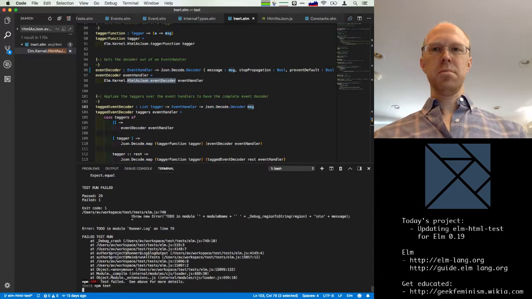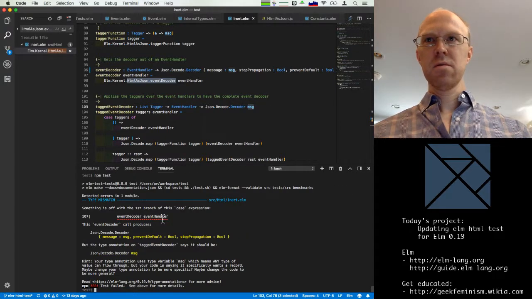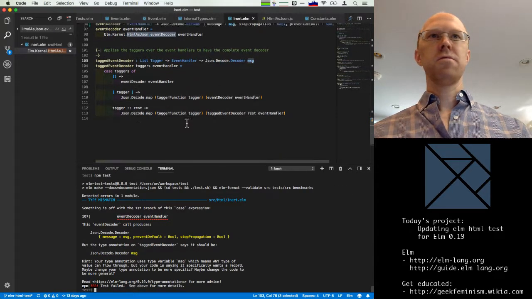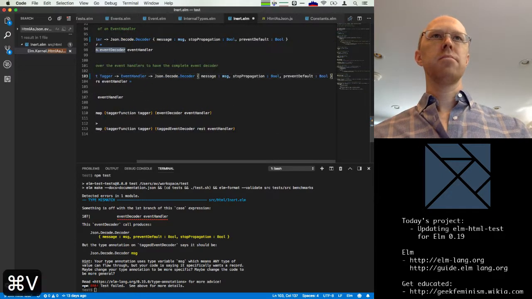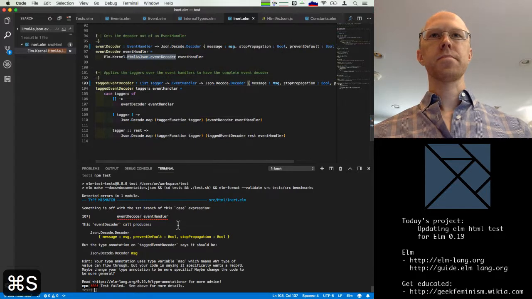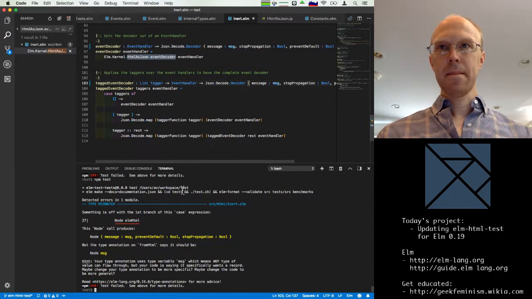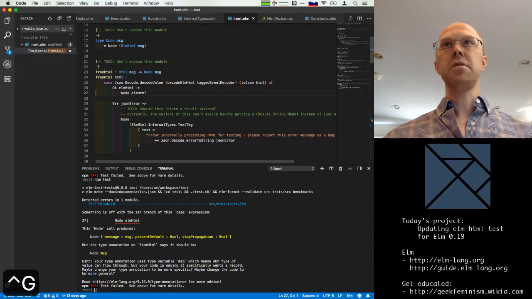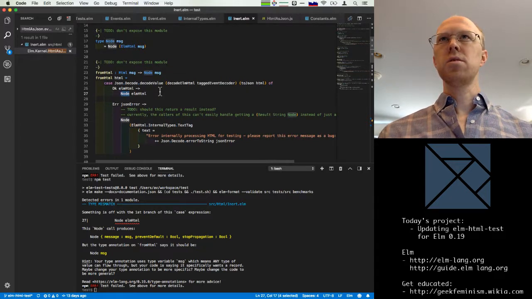Which will lead to problems here in the Elm code, which is fine. We can fix that through. Something is off in the first branch. Ah, okay. So we need this here. And then here on line 27, what is the issue here?